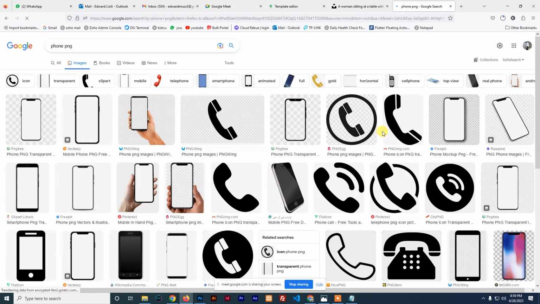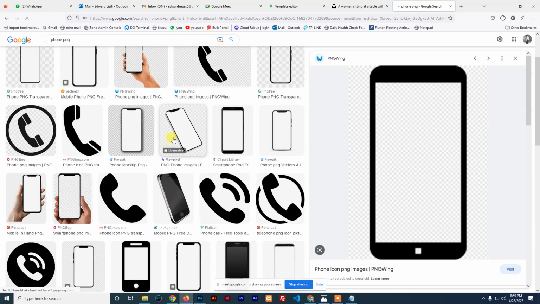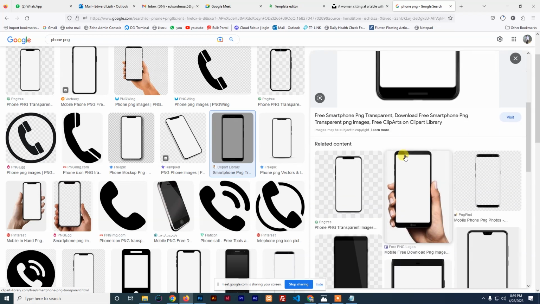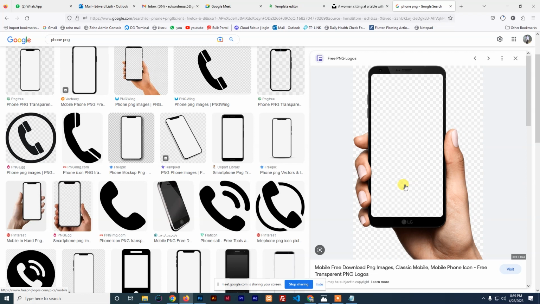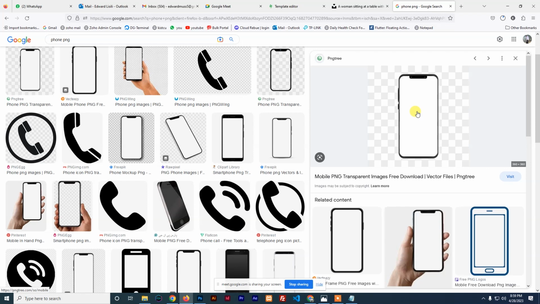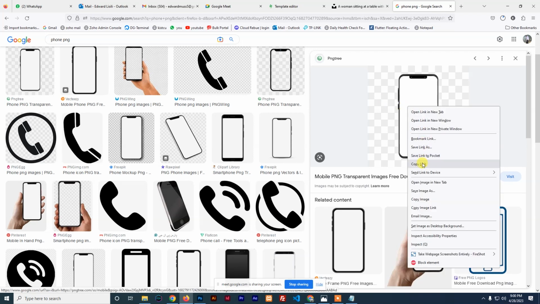So I go to images, and then I see some phones here. So let me choose this one, but it looks blurred. Even this. So this is already a PNG. I wanted something that has a white background. Let me choose this one. So right click, copy,